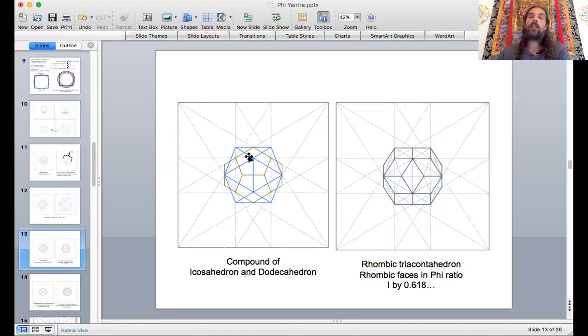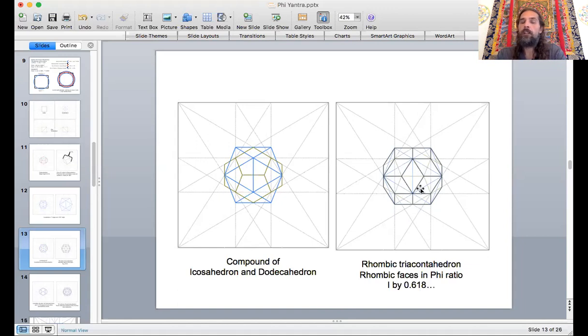What we have here is the compound. The dodecahedron and the icosahedron are dual forms, so the edges will overlap and bisect each other, or one will fit inside the other. Here, the edges are bisecting, and when you have that, which are the two versions I showed you before, then what you can do is create the rhombic triacontahedron, which is a 30-faced shape,